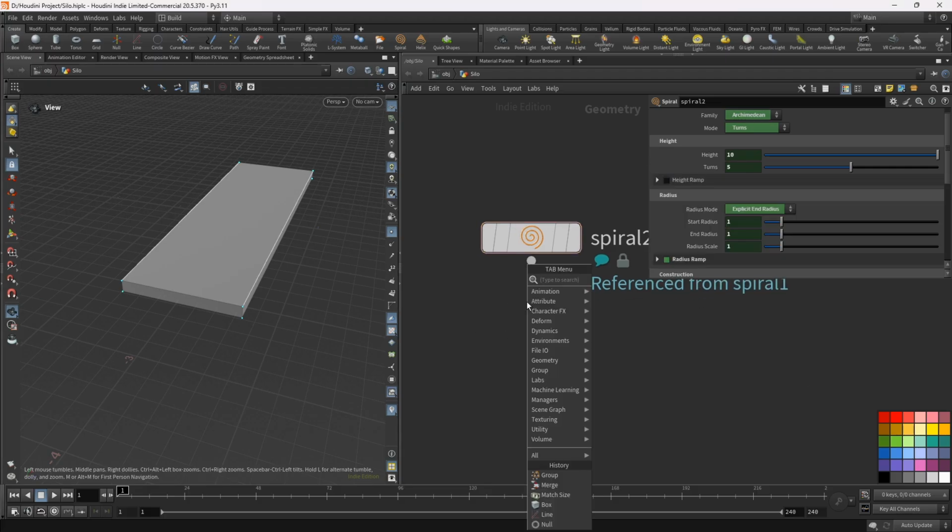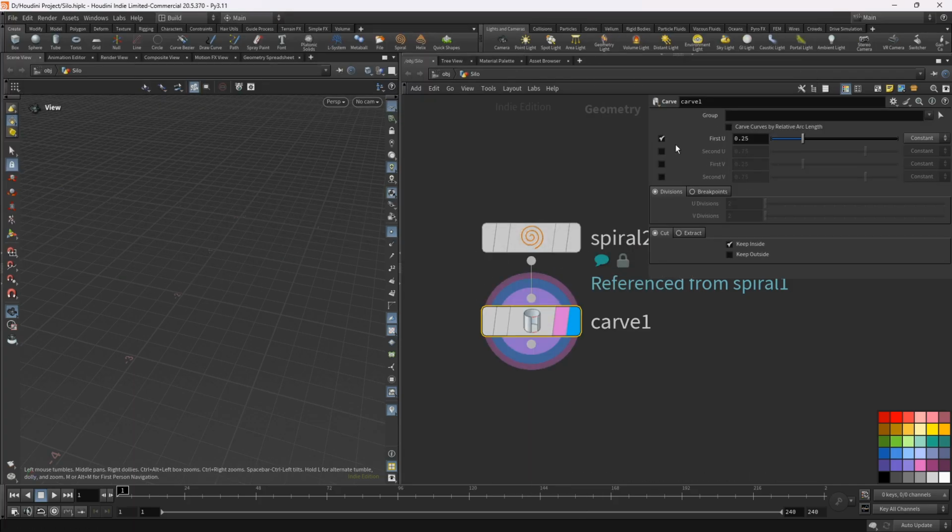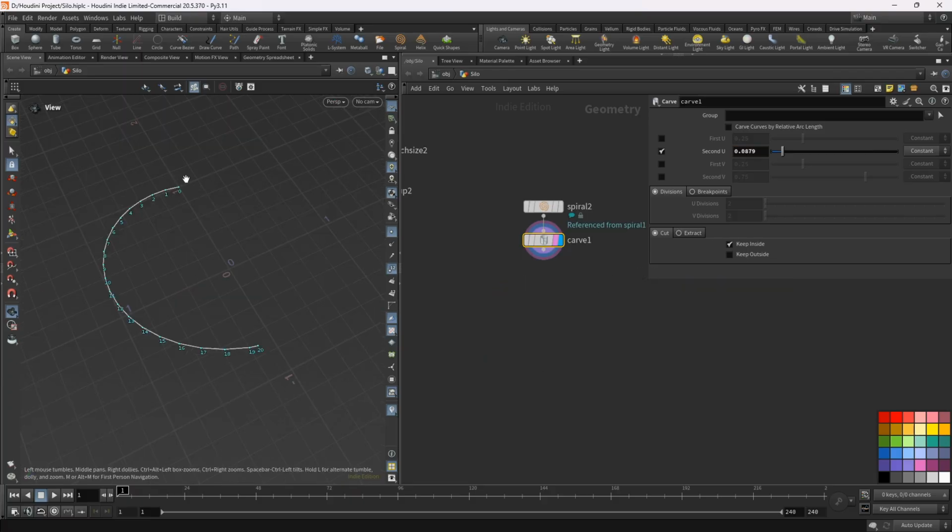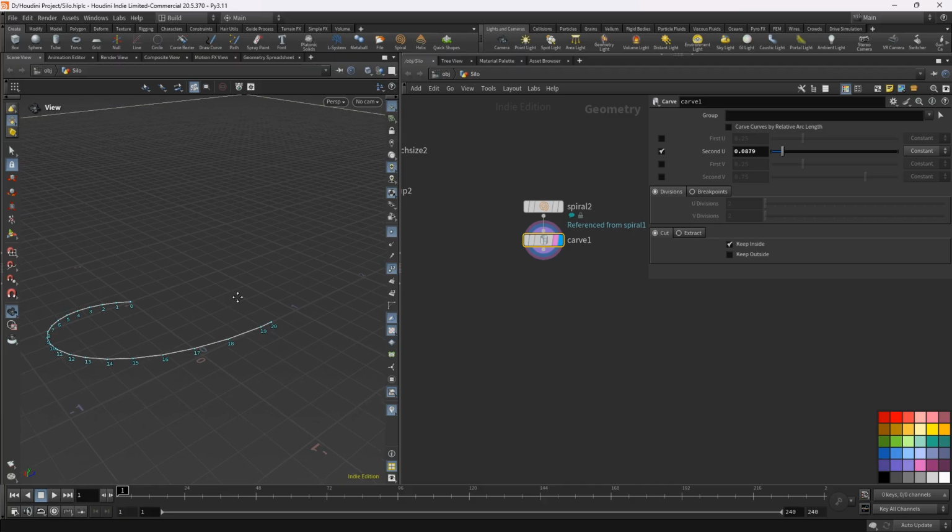Next, let's add the curve node and deactivate first U, and we'll activate second U, and here let's add 0.0879. Next, we'll add the sort node, so we will reverse the numbers of the points, because next we'll copy